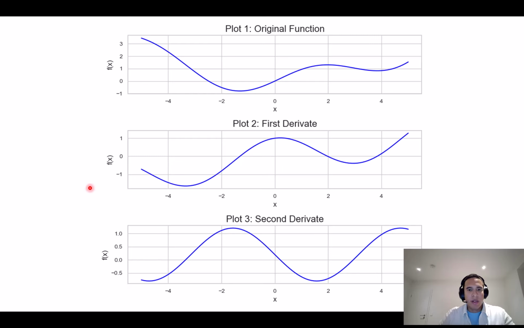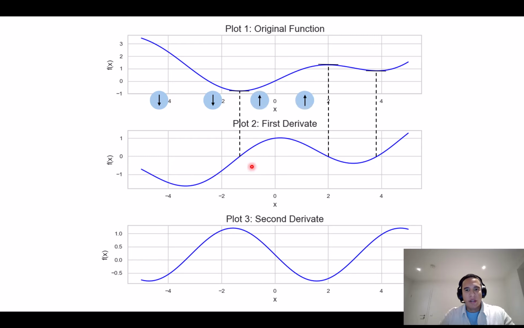Let's begin with the first derivative, and for doing so, let's consider the points in which the first derivative becomes zero. These points are shown now here with these black lines, and as you can see, in this range, the first derivative was always negative and the original function was always decreasing. So we can mark this area as a decreasing area of the function in which the first derivative is always negative, and we can derive when the first derivative is negative, the original function will decrease,